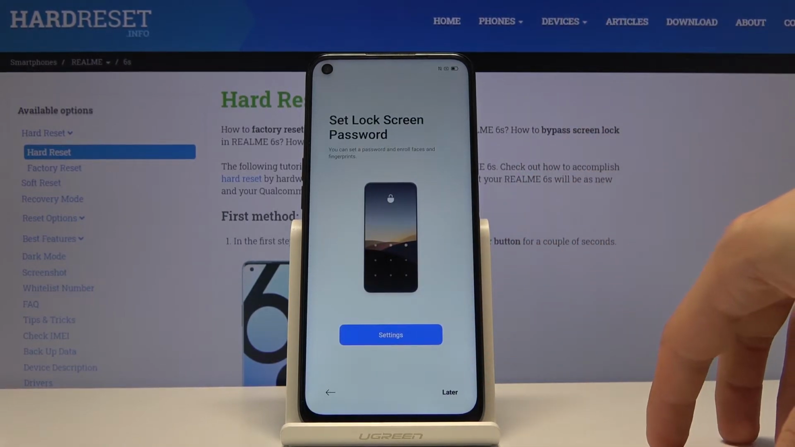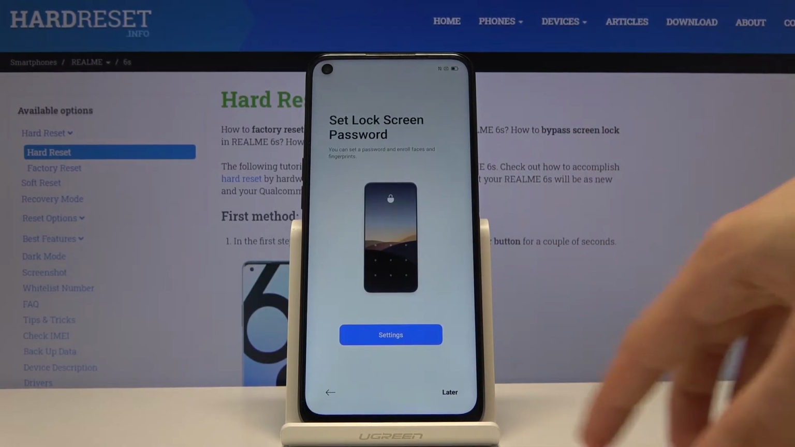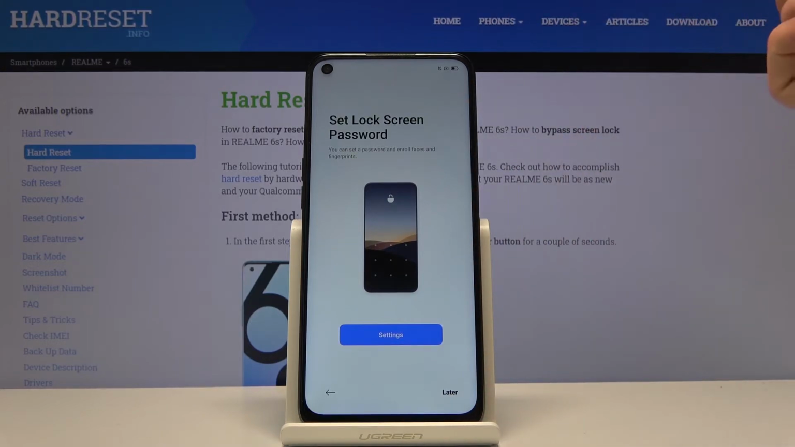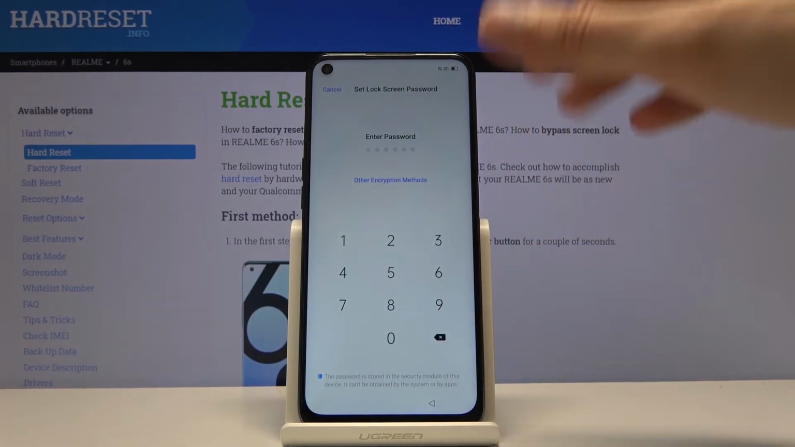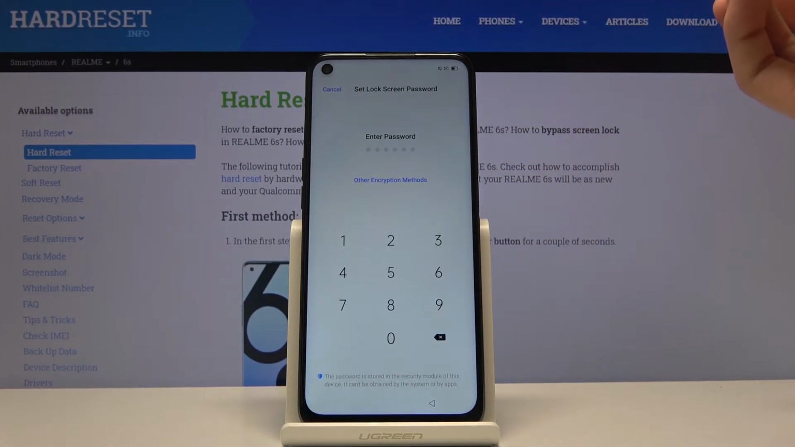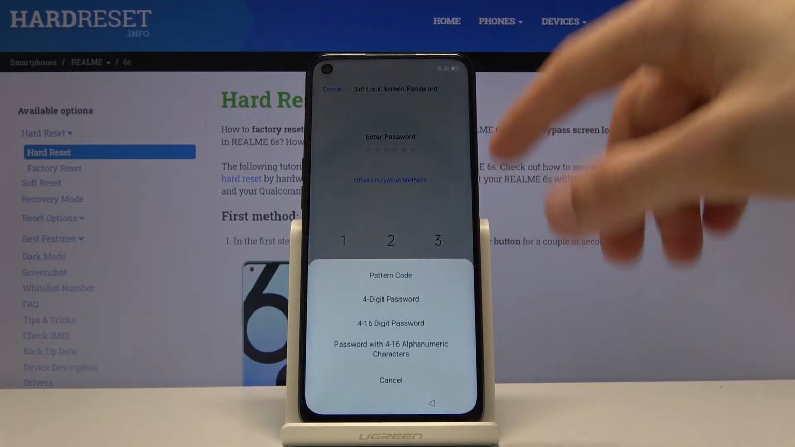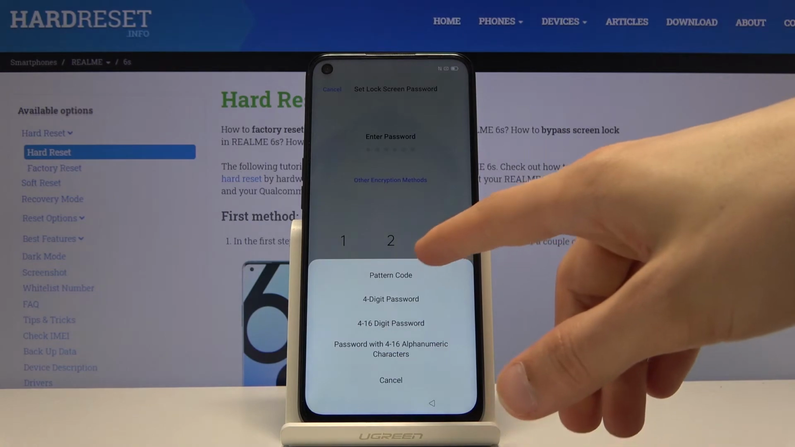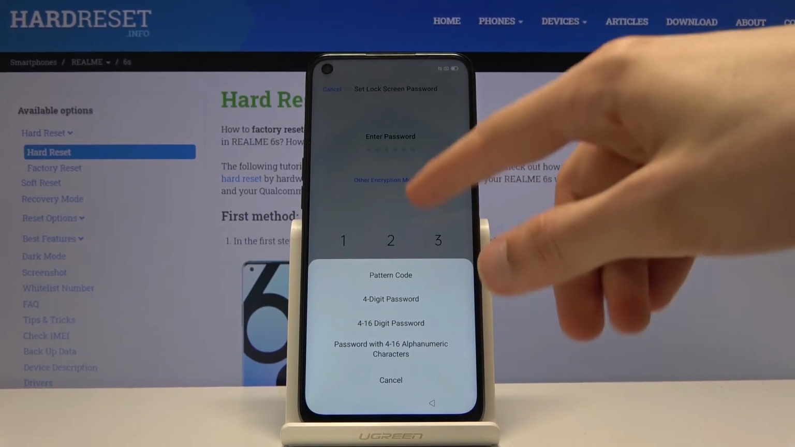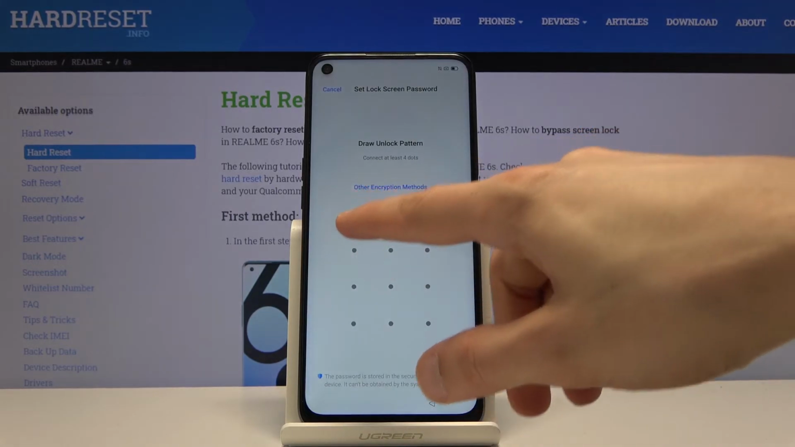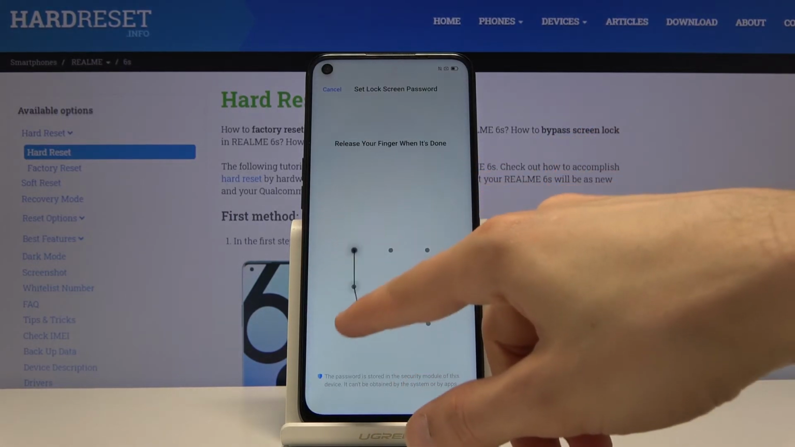And then we have set lock screen password. Now again, this is completely optional. You can tap on later and set it up later in the settings after the setup is complete, or you can do it right now by tapping on settings. By default it goes to a 6-digit password, but you can change to other encryption methods and choose between pattern, 4-digit password, 4 to 16-digit password with alphabetic characters, or none. I'm gonna go with the pattern. So I need to draw the pattern, and redraw the same pattern once more,